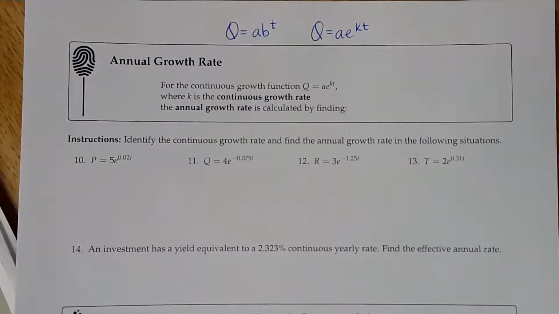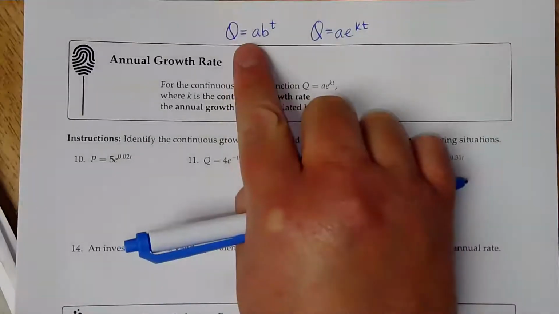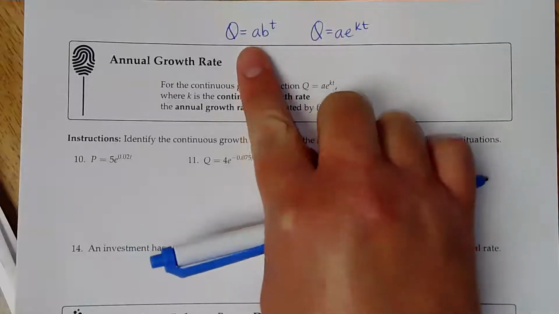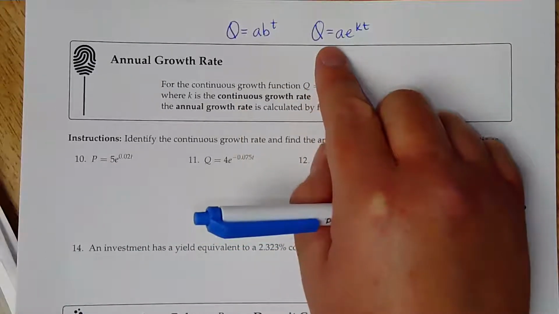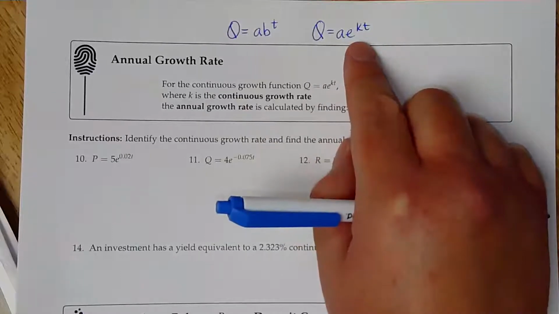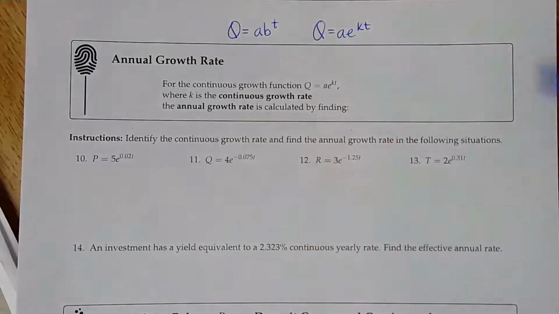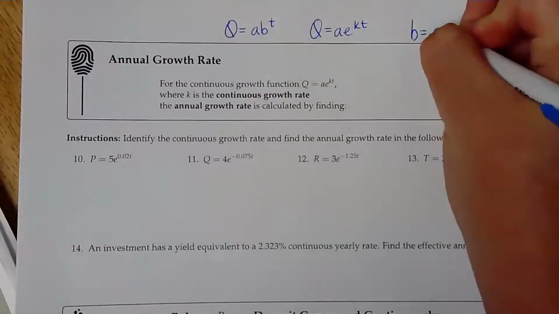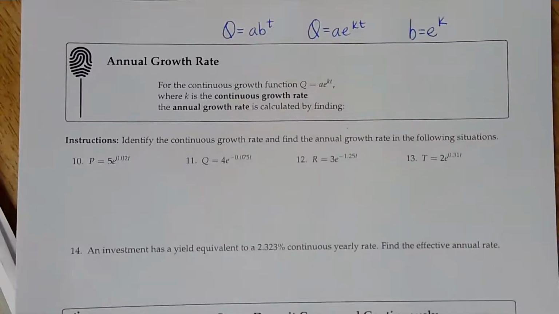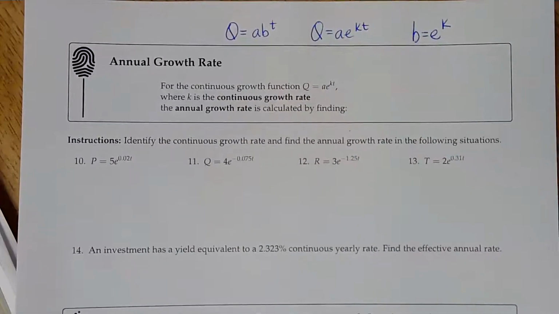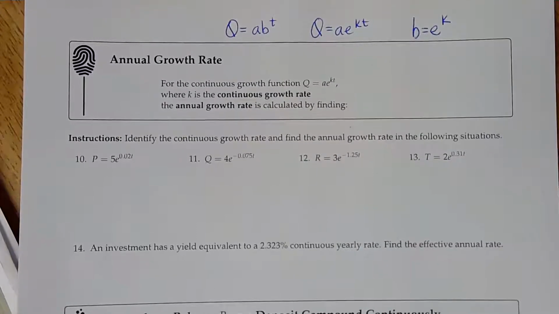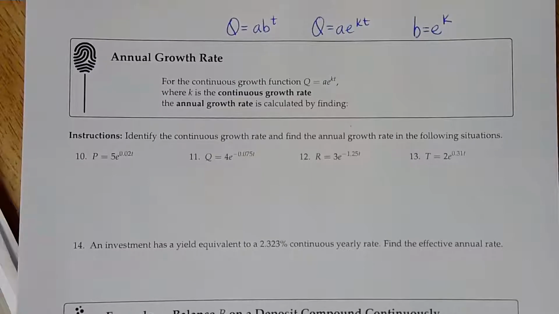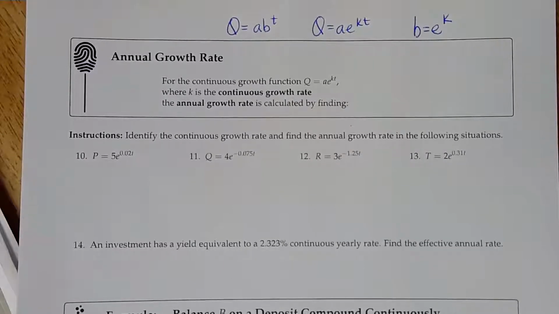All right, let's look a little closer at how Q = AB^t is related to our continuous growth function, Q = Ae^(kt). We know that k is our continuous growth rate, and we also know that b is equal to e^k. So if we want to get away from the continuous growth rate and find out the annual growth rate,